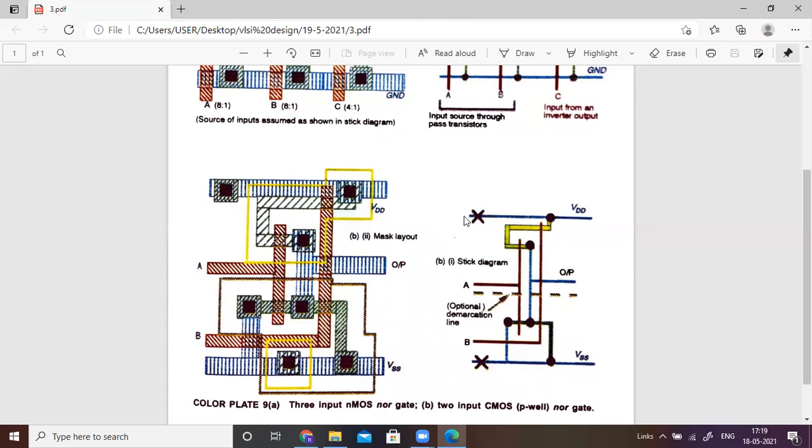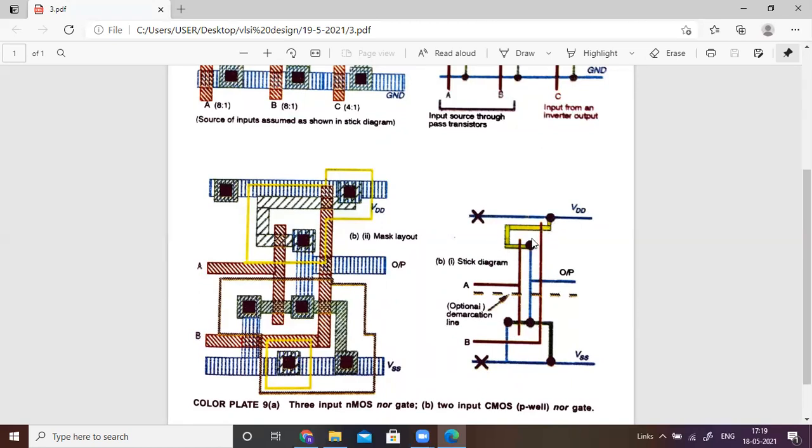First, take a blue color and draw two horizontal lines, and then from exactly the center point, draw the demarcation line. Then take a green color and draw an N Thinox line like this. Similarly, take a yellow color and draw a P Thinox line in this form.